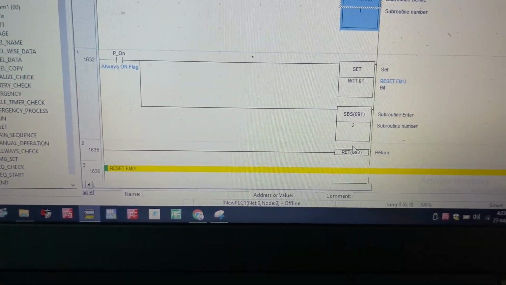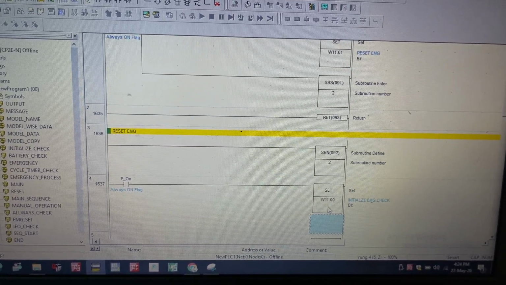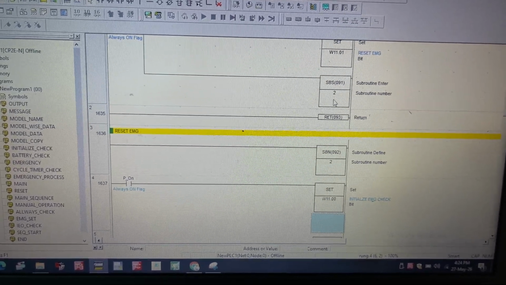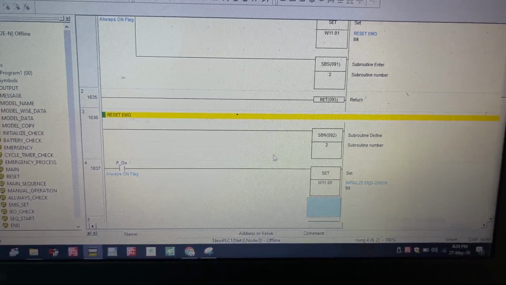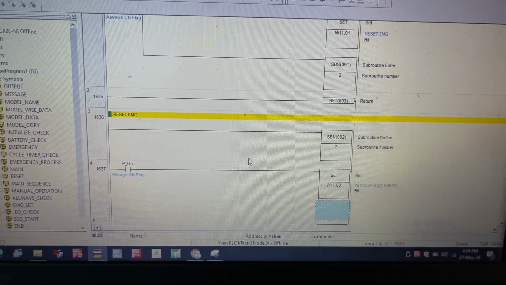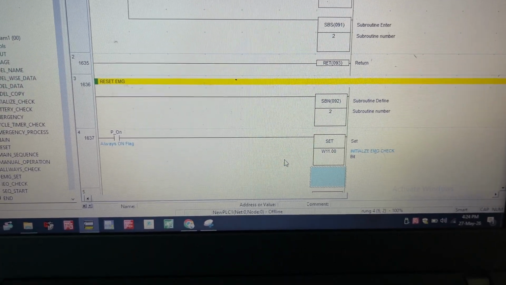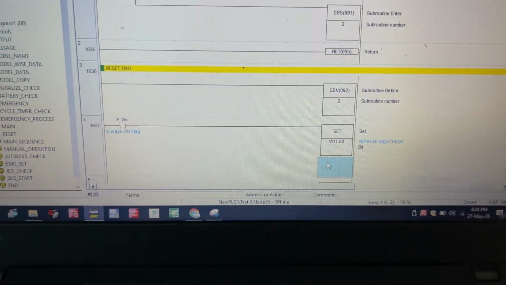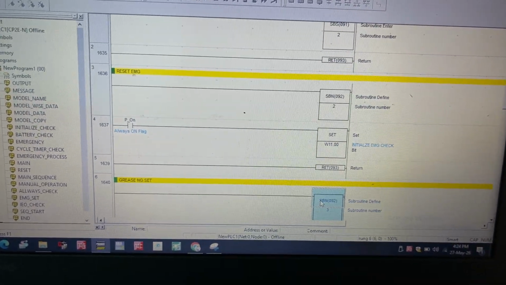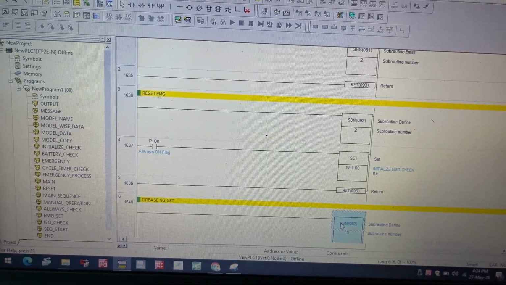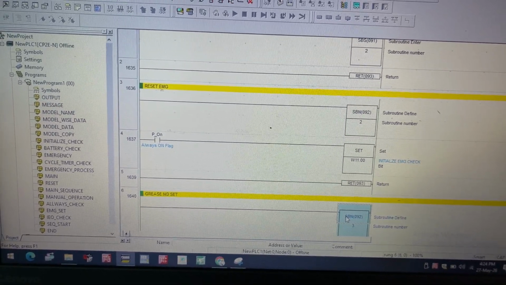Return is not completed, and you can see here that for SBS 091 the subordinate number is 2, which defines the call. So call the jump and 2. Now this runs and this program is going on, then reset returns, then again it returns to the same last program. If you have any concerns regarding the subordinate numbers, subordinate defines, call and returns,